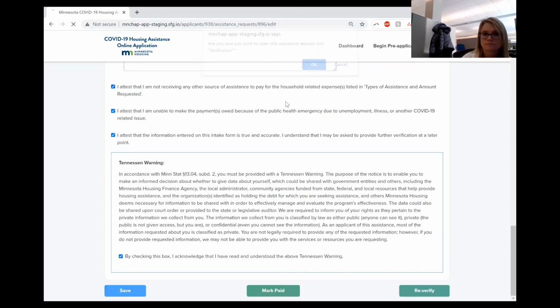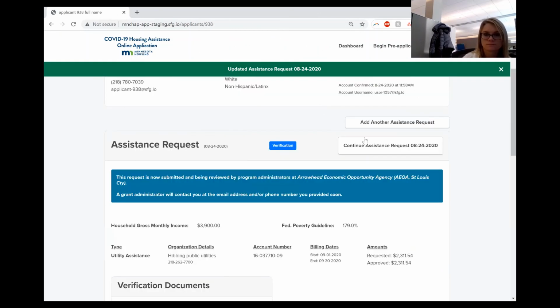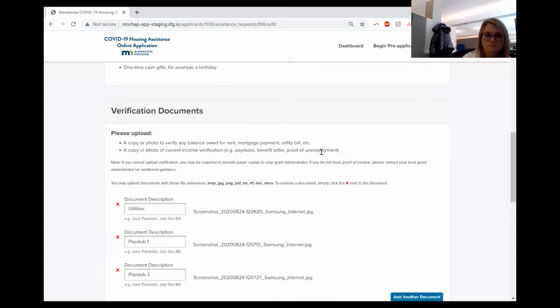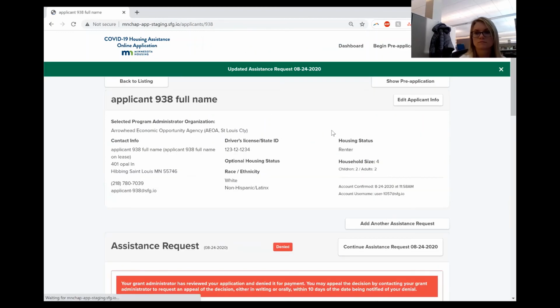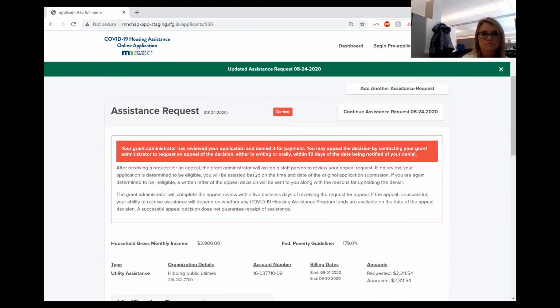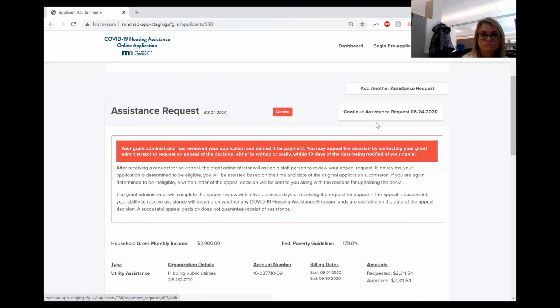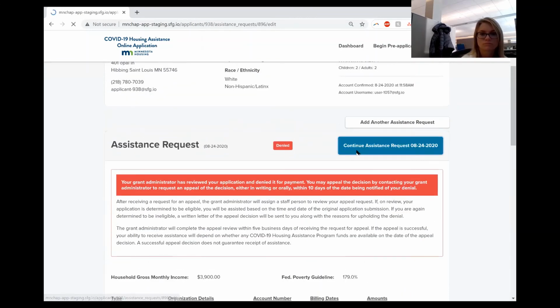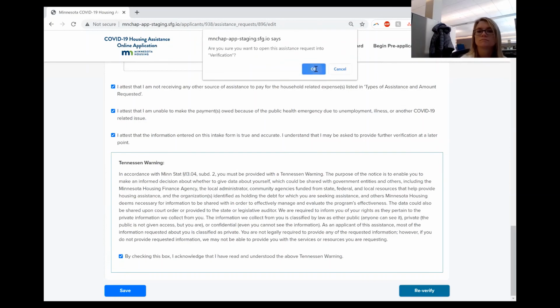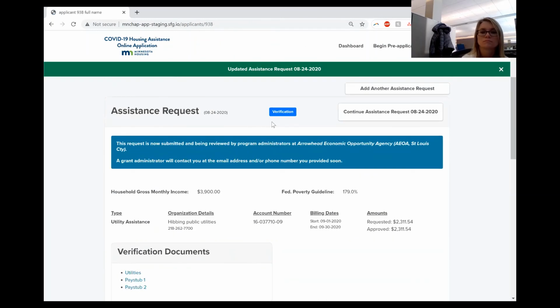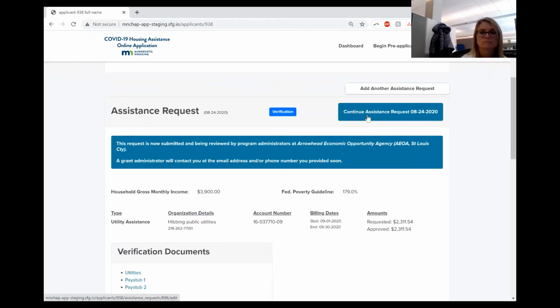Also, I'll show you, if you do mark someone as denied, so just deny payment, and say they appeal because they have the ability to appeal, then you would come into their record and you can actually go right down to the bottom and you'll see that re-verify is there. You'll be able to click re-verify and it brings them back into that verification status, and you can go through and process it again